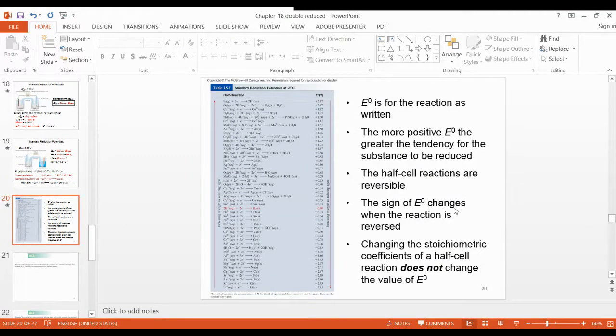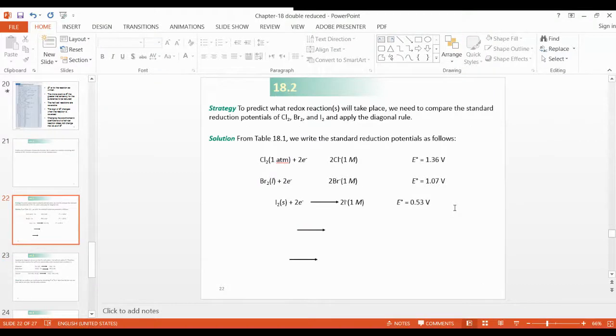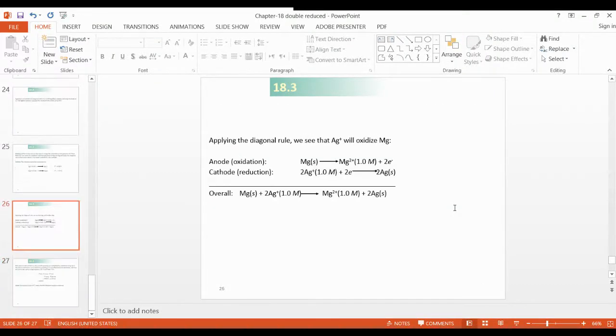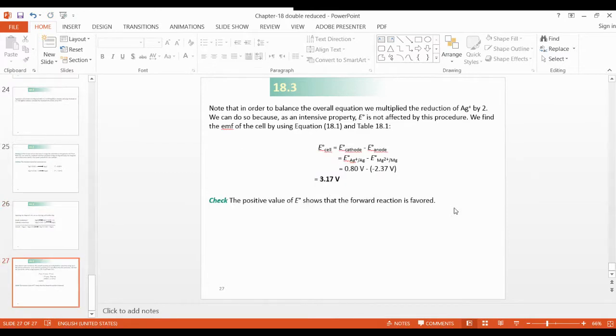The reduction potentials will be given and you have to decide on that basis which reaction takes place at the anode and which reaction takes place at the cathode. But all reactions will be given in the reduction form. If the reaction is carried out at the anode, it means that is oxidation, so for oxidation you have to reverse the reaction. See, it is here, the same example, just go through that.